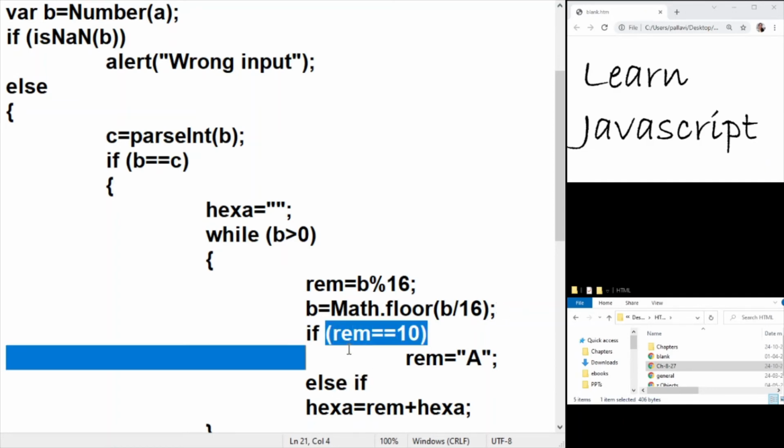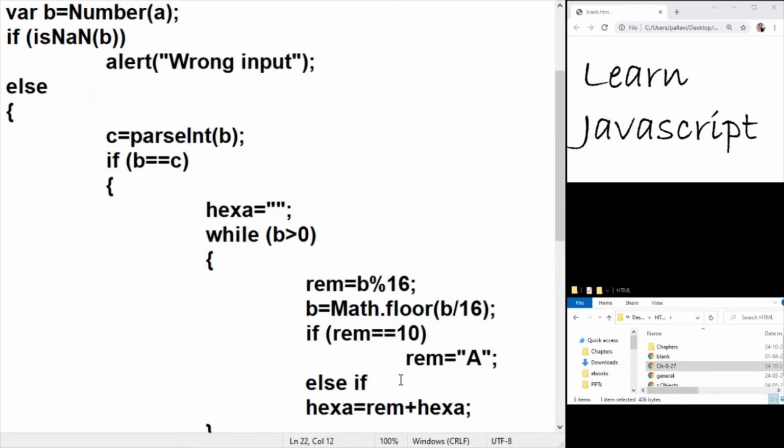I can just copy and paste this whole thing for the other values.